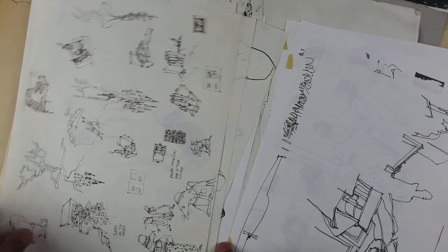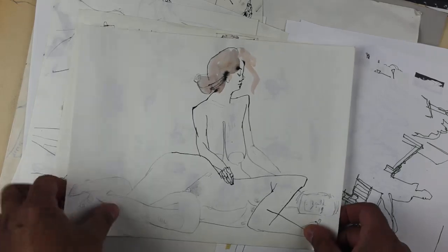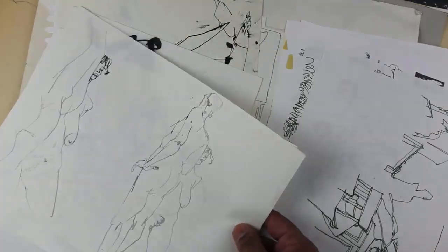Yeah. So, yeah, pretty cool. So yeah, we get into these sections of just lots and lots. This is a photocopy. I can throw that away. Lots and lots of drawings,